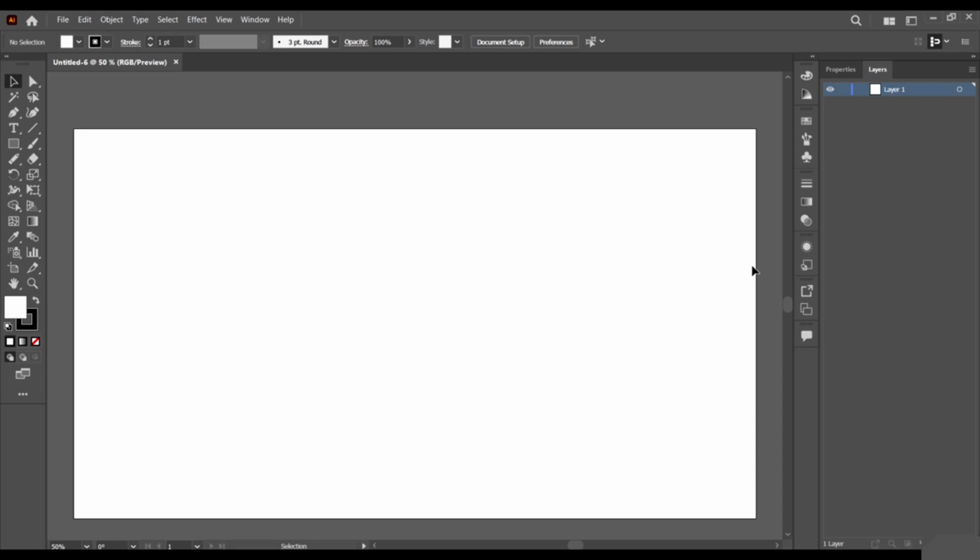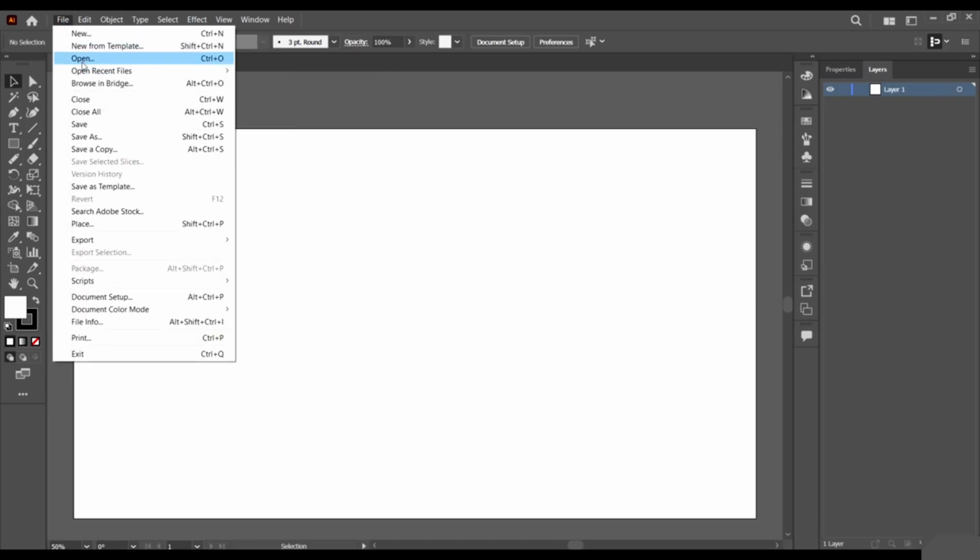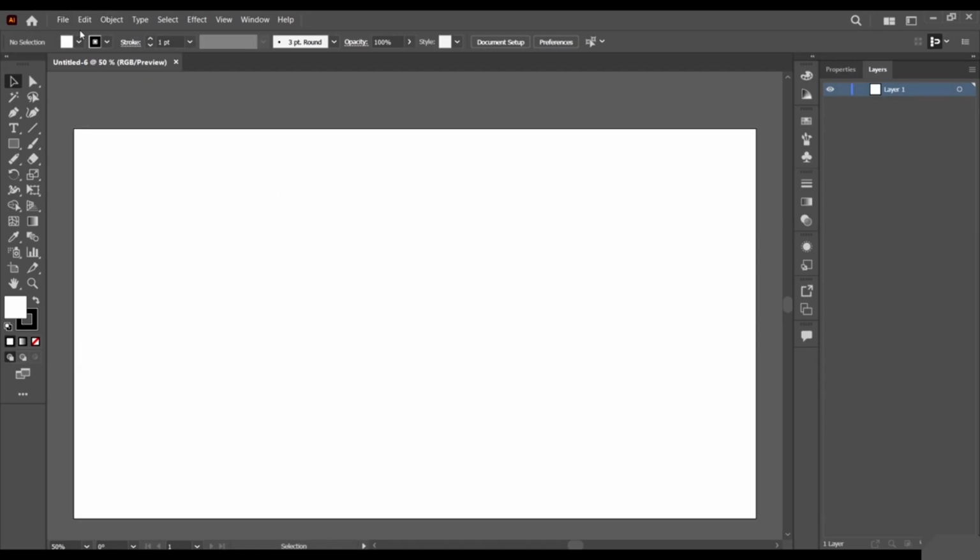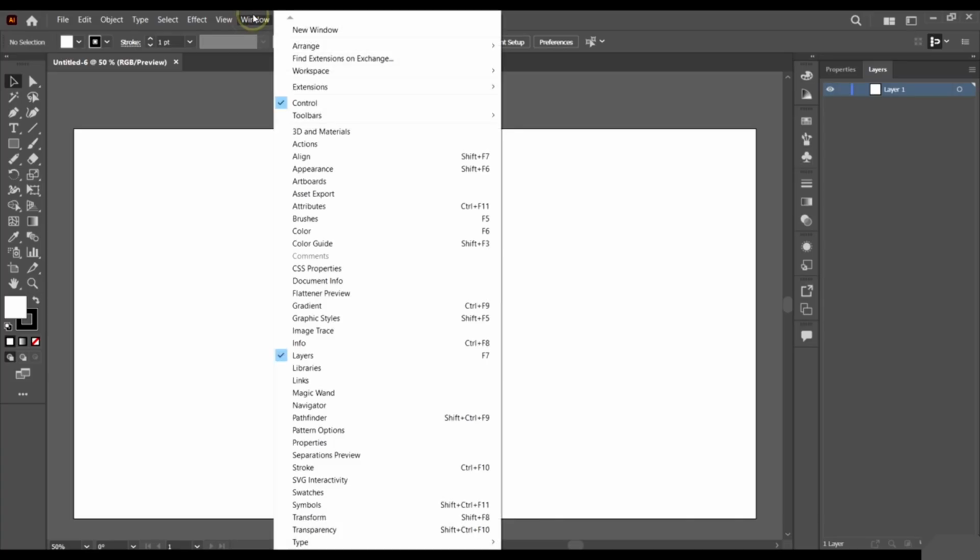Now, I'm just going to brush through the whole thing because I'm assuming you have a beginner knowledge of what Adobe Illustrator is. This is the File menu, where you create a new document or open an existing document, save as, and place, which is basically importing. Then you export and do a whole lot of things. We have Edit, we have Object. These are just the menus. So this is the menu bar, and then we have here the Windows menu.